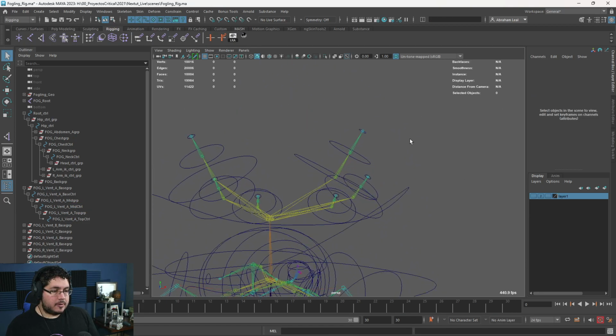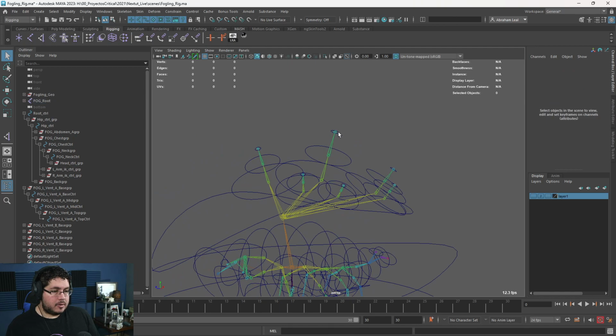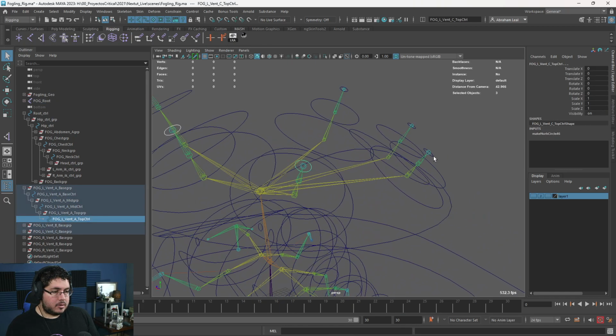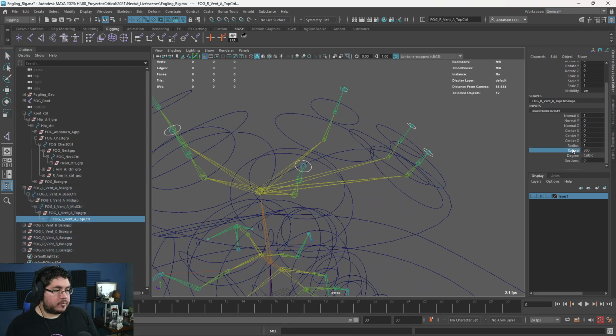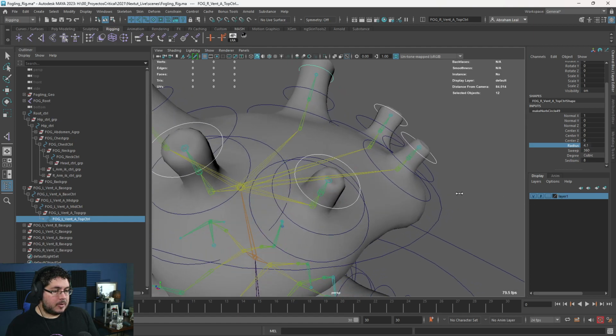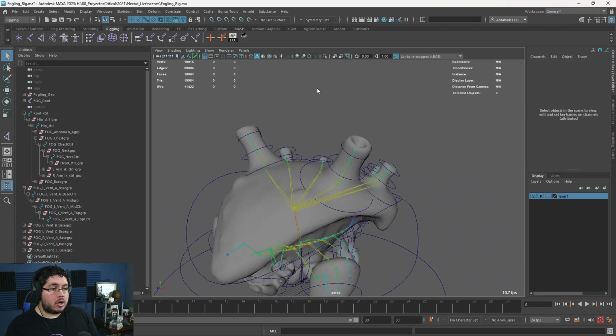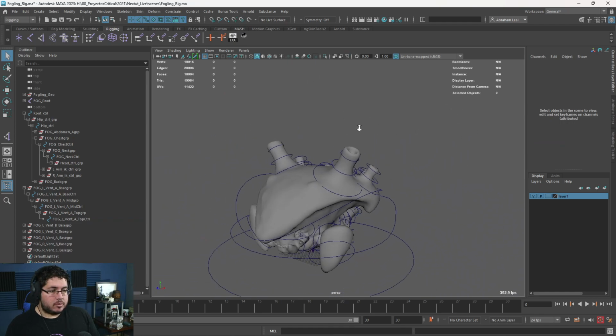And finally, this guy's right there. A little bit smaller, just to make it easy for the animator to know what they're going for.